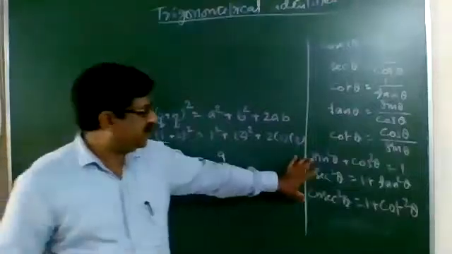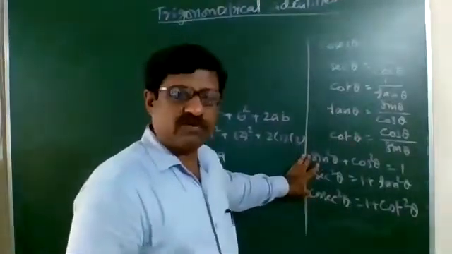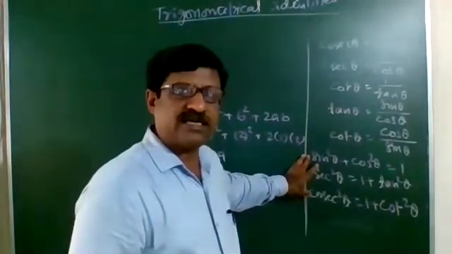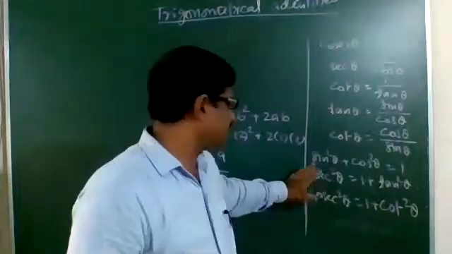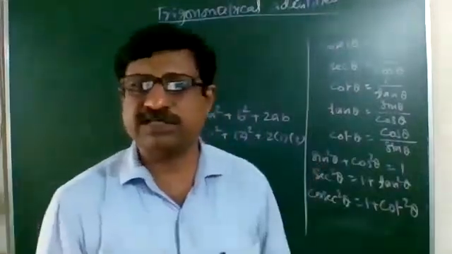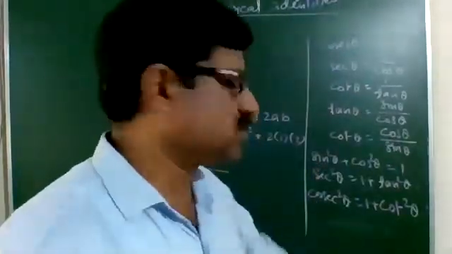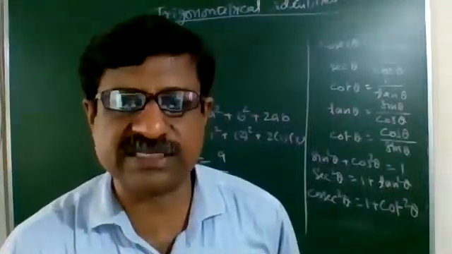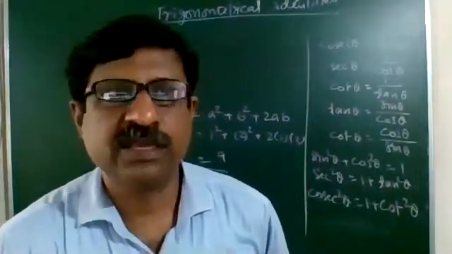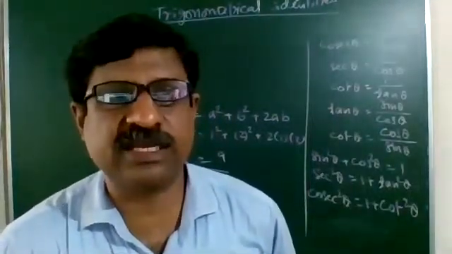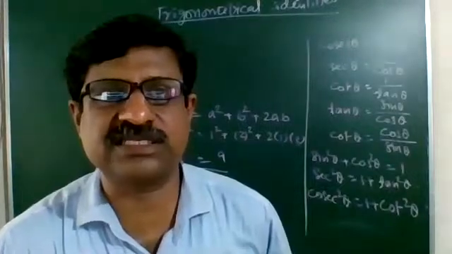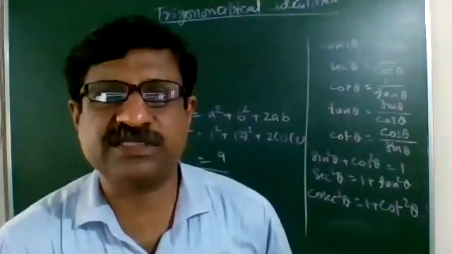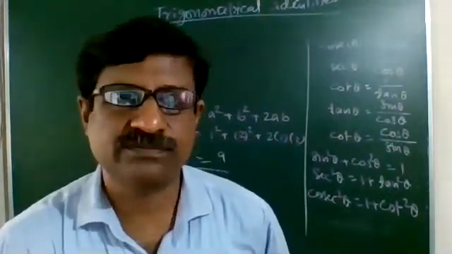In the same way, in trigonometry also, we have learned some identities. Sin square theta plus cos square theta is 1. Sec square theta equals 1 plus tan square theta. And cosec square theta equals 1 plus cot square theta. These are the three main basic identities in trigonometry. If you put theta as 30 degrees, 45 degrees, or 60 degrees, you will get left hand side and right hand side both equal.